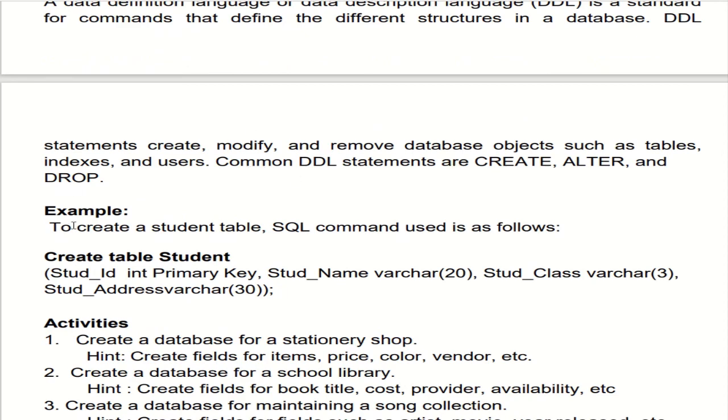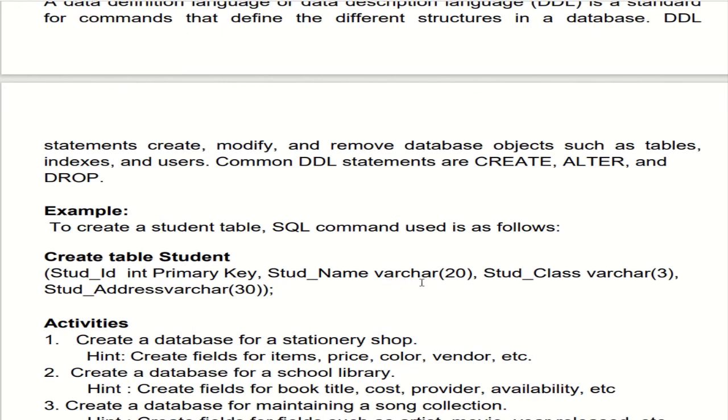Example: if you want to create a student table, then the query will be create table student, and student ID is the first field name. You need to give the information also about which type it will be. Like primary key, I want the student ID to be a primary key. Now student name should be a varchar, meaning characters will be stored in it.